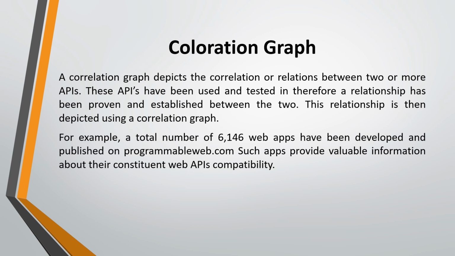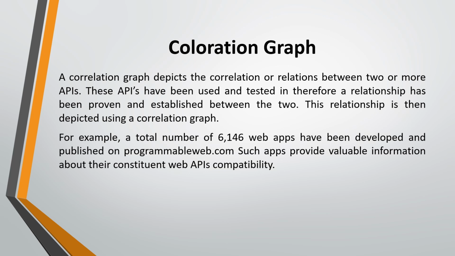This relationship is then depicted using the correlation graph. We propose a web API correlation graph where web APIs are modeled as nodes and their compatibility as edges. This correlation graph is built based on extensive data about web API compatibility obtained from mining online software repositories. Based on the API correlation graph, we model app developer queries for web APIs as a minimum group Steiner tree problem and solve it with a dynamic programming technique or recommend diverse solutions.